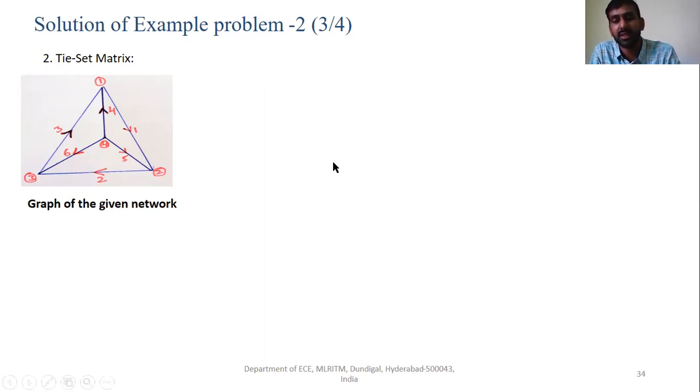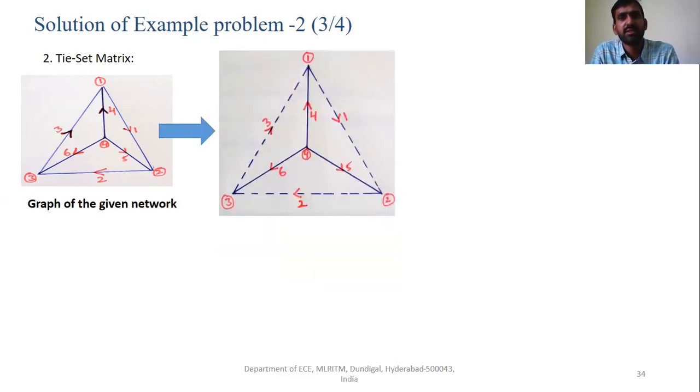So here is the combination of the tree and the cotree, where branches 4, 5, 6 form the tree, and branches 1, 2, and 3 form the cotree. The branches of the cotree are the links, and the branches of the tree are the twigs. We have discussed this already, so this topic is already done.